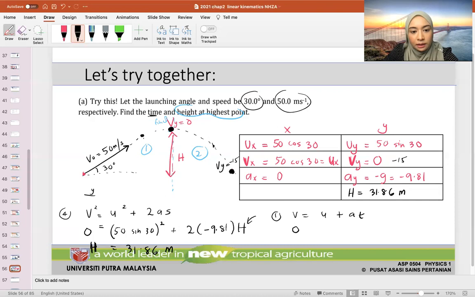Because we want to find the time at the maximum height, which is where v is equal to 0. Everything has to converge at the same place. It cannot be one on the left and one on the right. You have to be at the same place. Your v, your final velocity, the time and the displacement should be at the same point. The u is the initial. Final v, displacement, time should be at the same point. Do not scatter them. They must be the same point. So the point is here. This is the point that I'm interested in to find the time. So u, whatever that is,